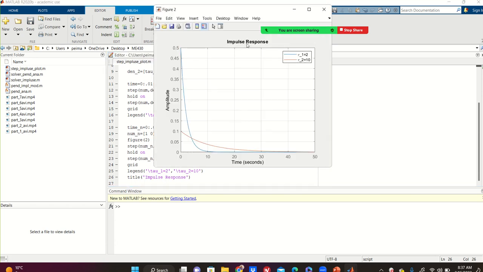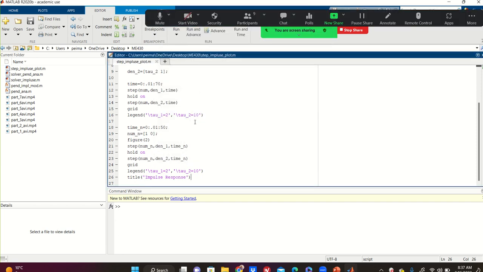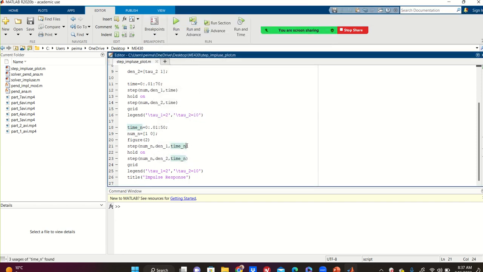I changed impulse response here. Okay, title of the figure. And obviously, because I'm gonna share with you, I'm gonna align width for all of them must be 2 to give you more